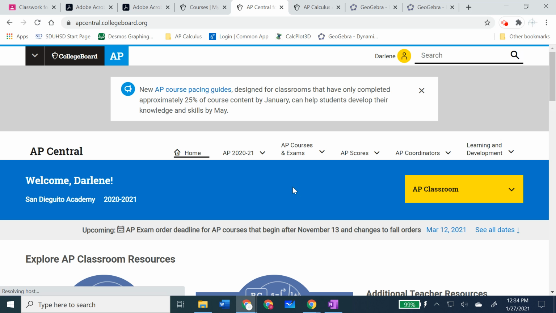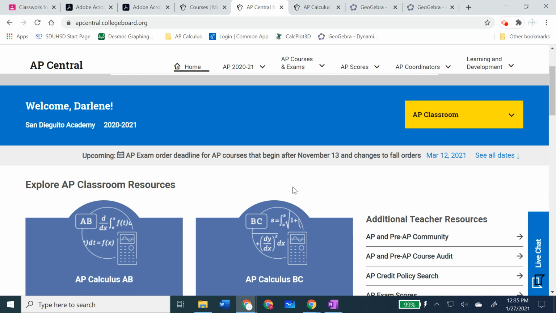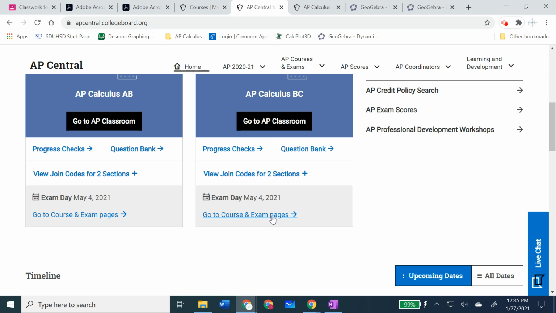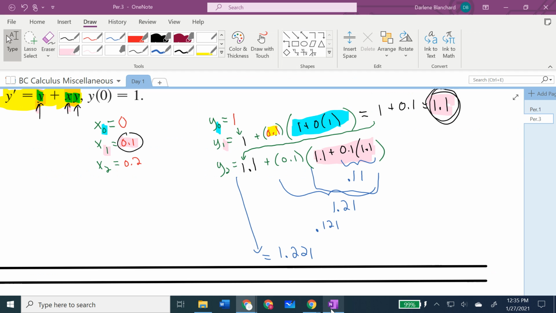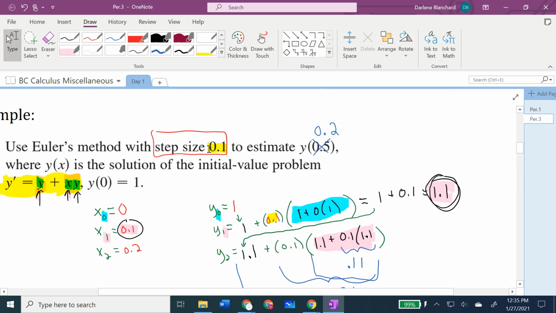I am going to post your homework number 1 in your AP classroom. Oh, the final answer was the 1.221. And what that was giving you was approximately what the y value was at 0.2 for the solution of this differential equation with this initial condition. So there is homework. Make sure you find it, and I'll put enough stuff up on Google Classroom to help you find it. But our time is up, and you need to go to fourth